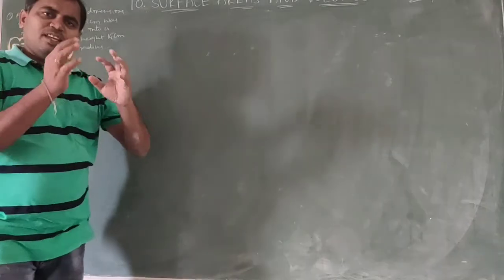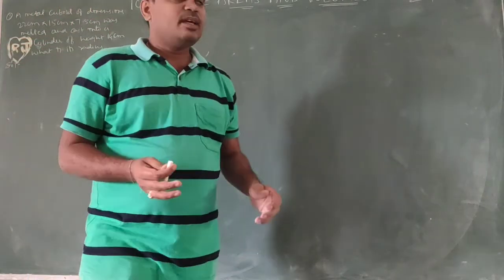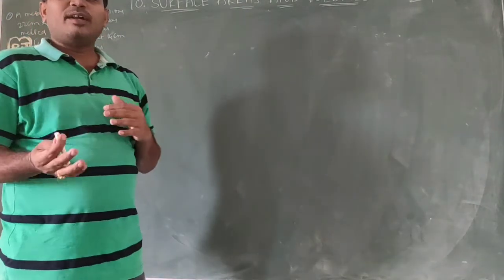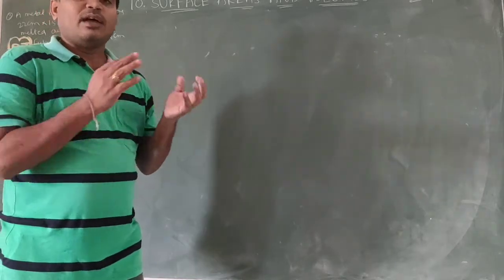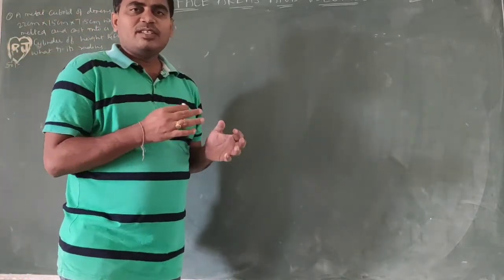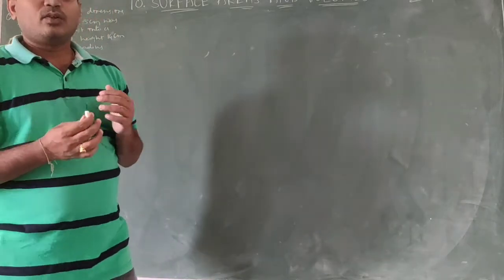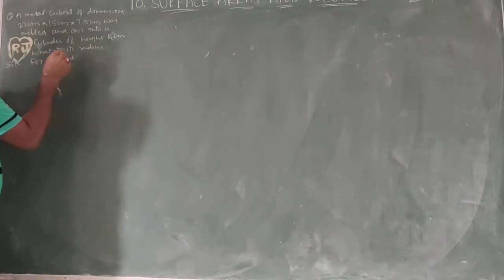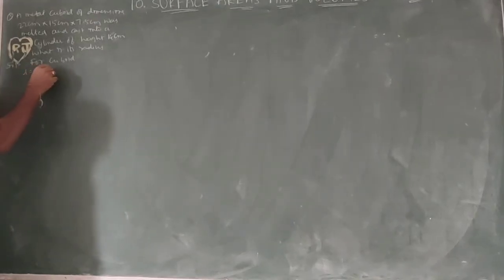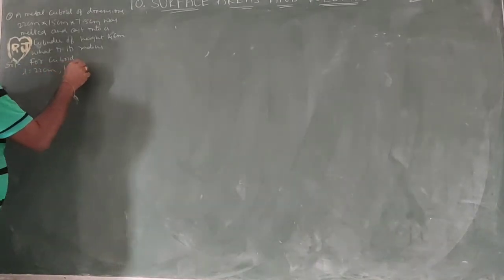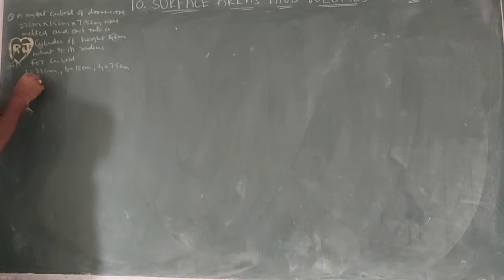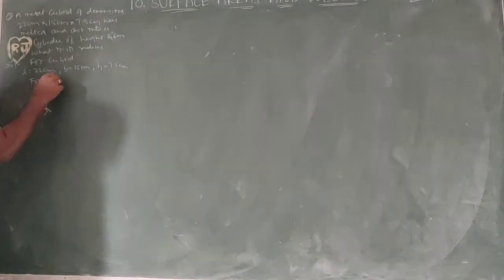So cuboid is melted and cast into a cylinder. So one of the solid is melted and converted into another solid, which is nothing but the volume of the initial solid, which is equal to the volume of resulting solid. So the volume of cylinder, which is equal to the volume of cuboid. So for cuboid, what are the dimensions? L 22, B 15, H 7.5. So for cylinder,